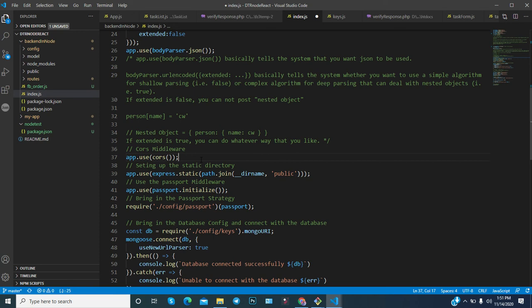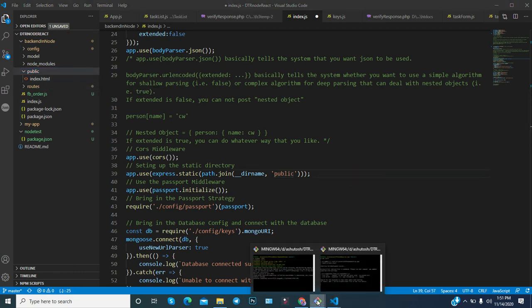Okay, and then here, as you know, we use express.static with path.join, __dirname, and public. It means that whatever you provide in the public folder, you can access it. Like index.js.